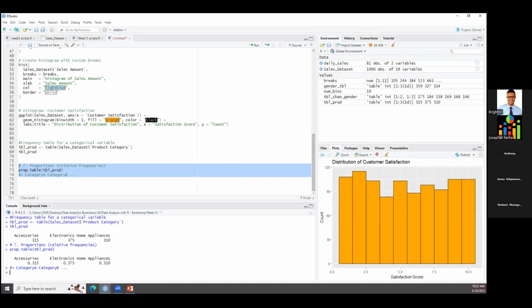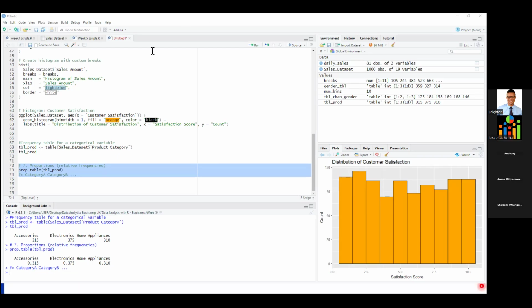So every time when you do an analysis, you should make sure that you sense check your analysis in terms of